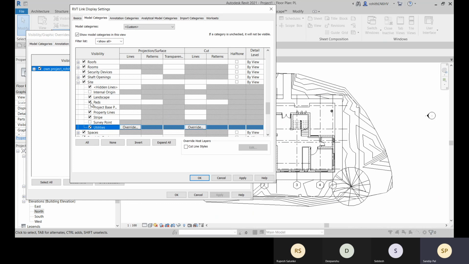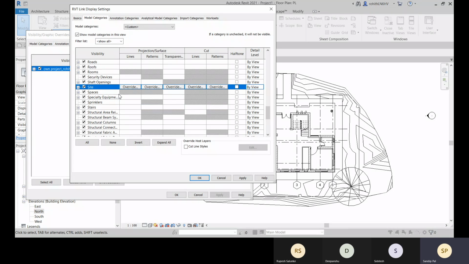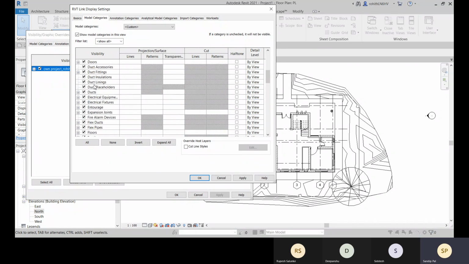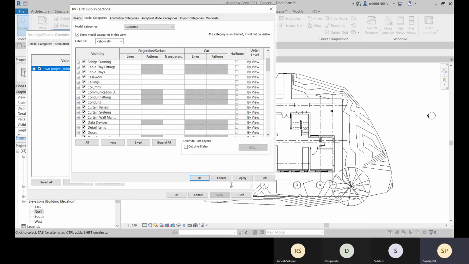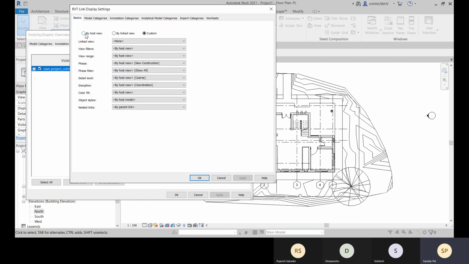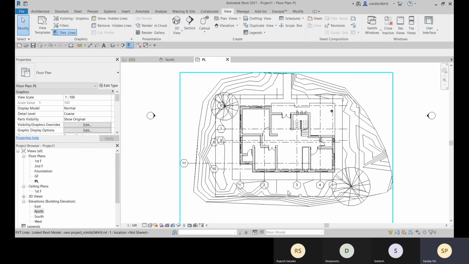You don't want to see the building pad, so you can uncheck the pad. Okay. So this way we can make all these changes. Okay. So anything else we need to make changes? You can check, uncheck here and click on apply. All right, so nothing, I'm changing nothing. So I'll click on this by host view, click on apply here, apply and okay.